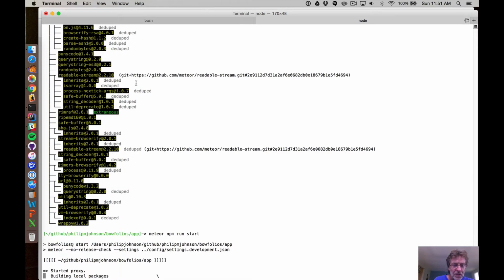And of course, this is in your package.json file. This runs a script called start. And the contents of that script is basically just this line right here. We do a no release check so that we don't get bogged down when we're starting an application with Meteor, all of a sudden deciding, hey, there's a new release out there, I'm going to go download it right now. And then more importantly, we have a configuration file which we need to pass in to establish certain parameters for